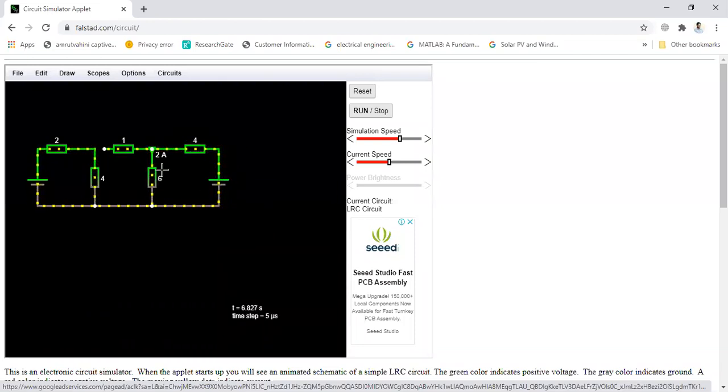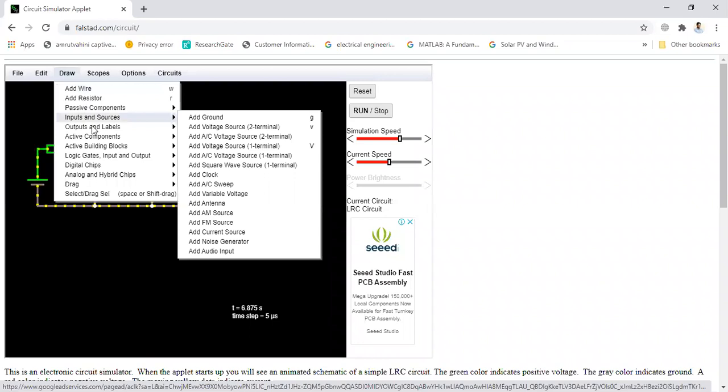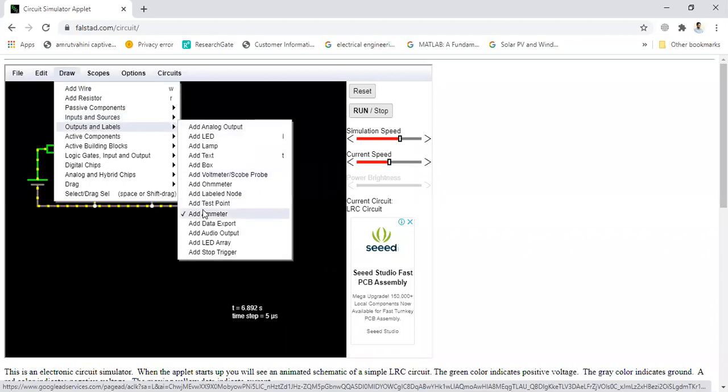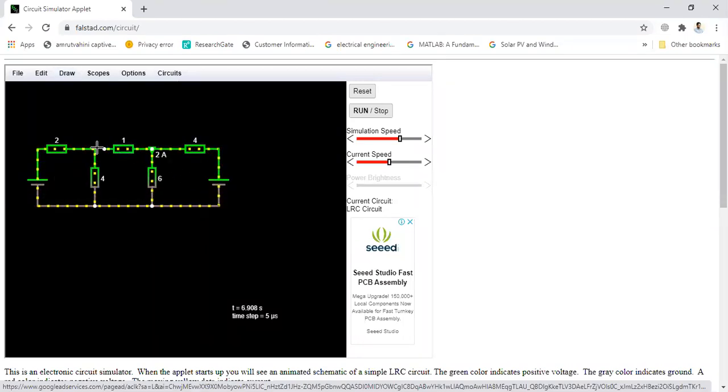There is another current flowing across the 6 ohm, so I'll add outputs, add ammeter, select, drag it. See, the current is minus 1.127 ampere. So it means the direction of the current should be changed. So I'll delete.